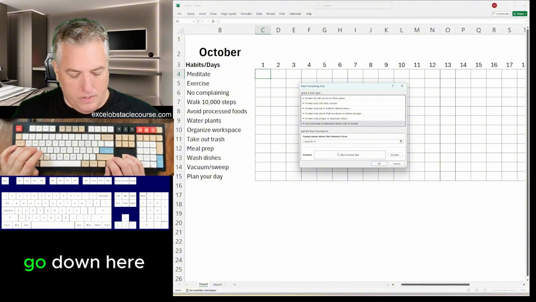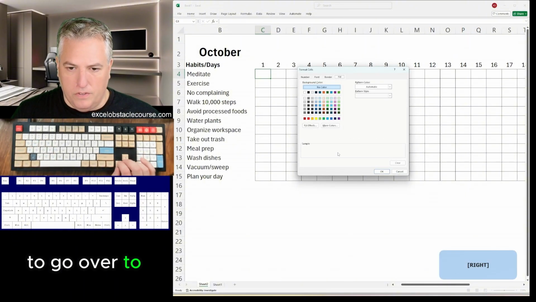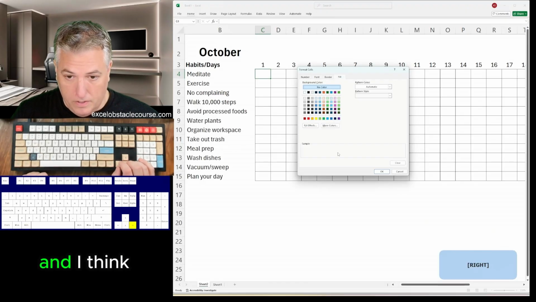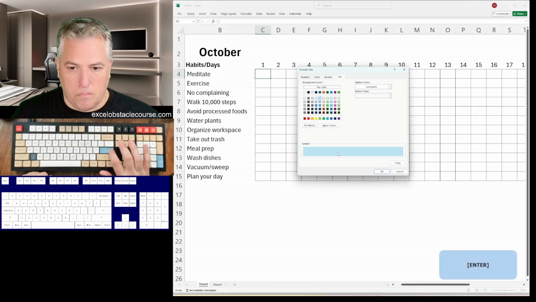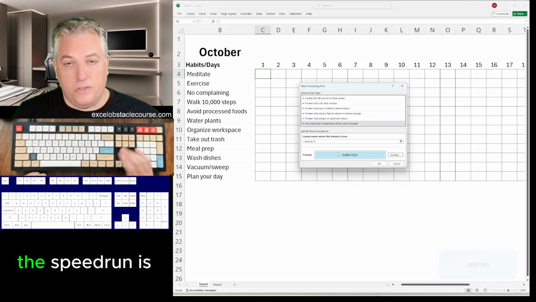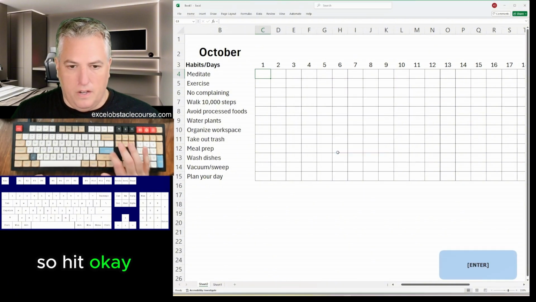And the next step is to go down here, Alt F, and we want to go over to fill, go to the color we want to make it. And I think what I'll do is make these different colors for folks. I like blue, so light blue. The little tab. The speedrun is going to be hard, I'll tell you that. So hit OK, and then look,